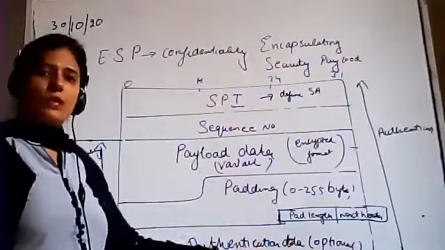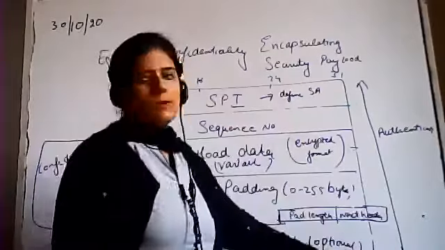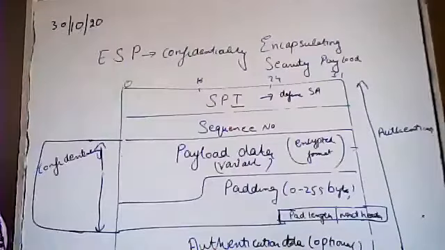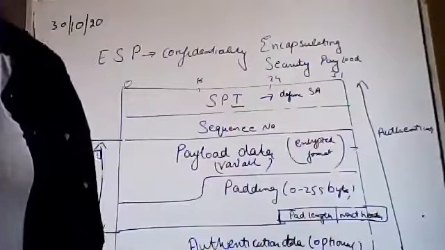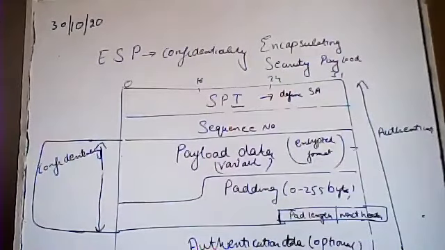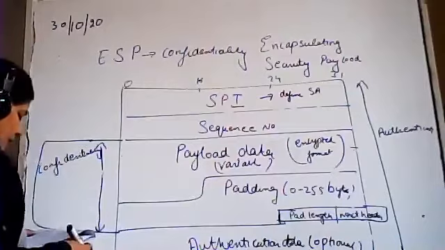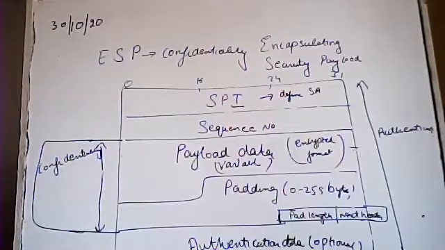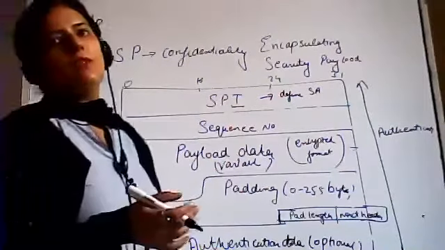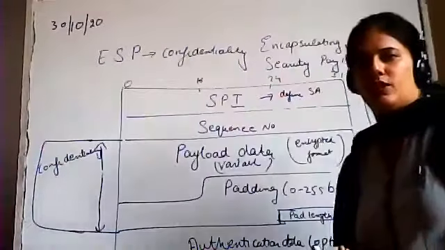But when you are using this authentication data, that means you are implementing ESP along with the authentication part also. So this is how you can define this particular thing. Clear? So this is the authentication data over here. Again, this authentication data is optional, and if we want to include it we can enable it, otherwise we have to disable that particular authentication part.